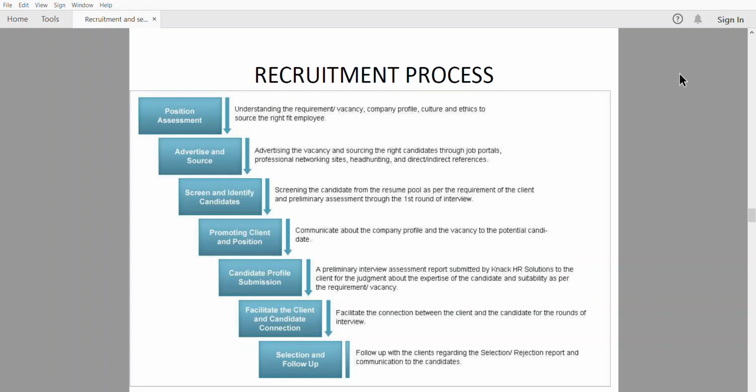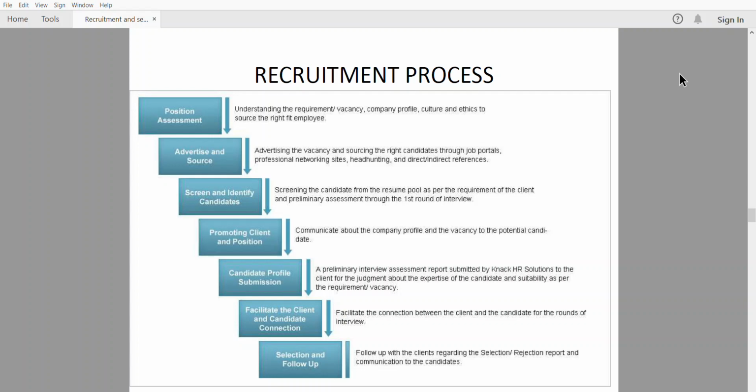Steps involved in the recruitment process. They are position assessment: understanding the requirement, vacancy, company profile, culture, and ethics to source the right-fit employee; advertising the vacancy and sourcing the right candidates through job portals; screening and identifying candidates from the resume pool as per the requirement; promoting the client and position, and communicating about the company profile and the vacancy to potential